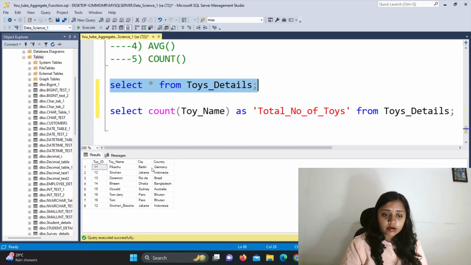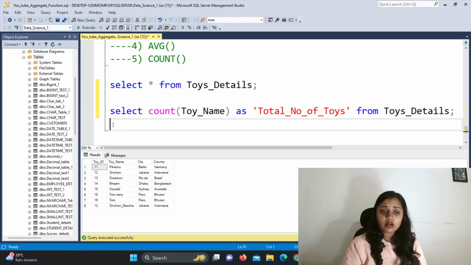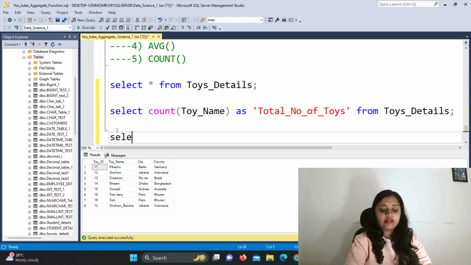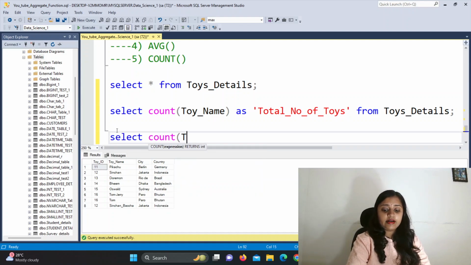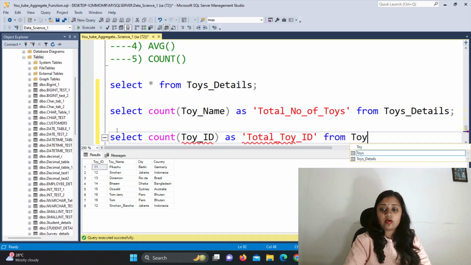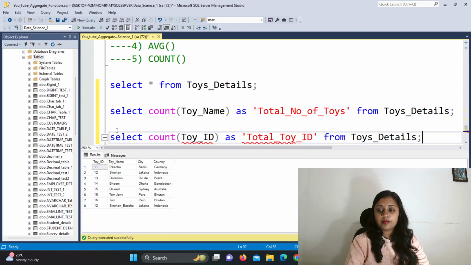Now again we want to know the total count of toy_id. So let's take another example. Select count of toy_id as total toy id from toys details, semicolon.